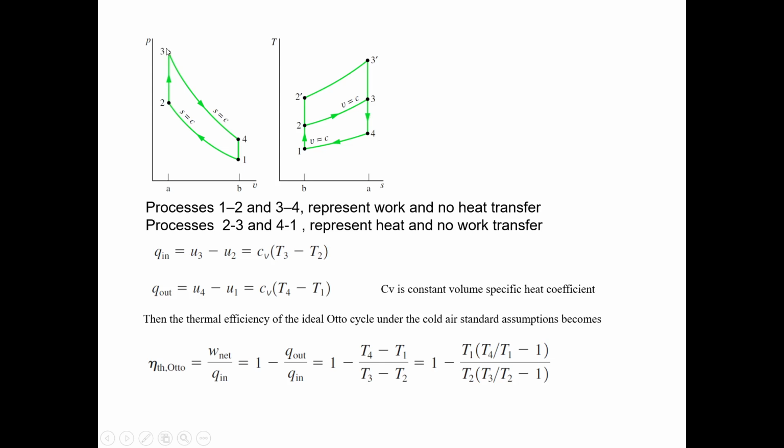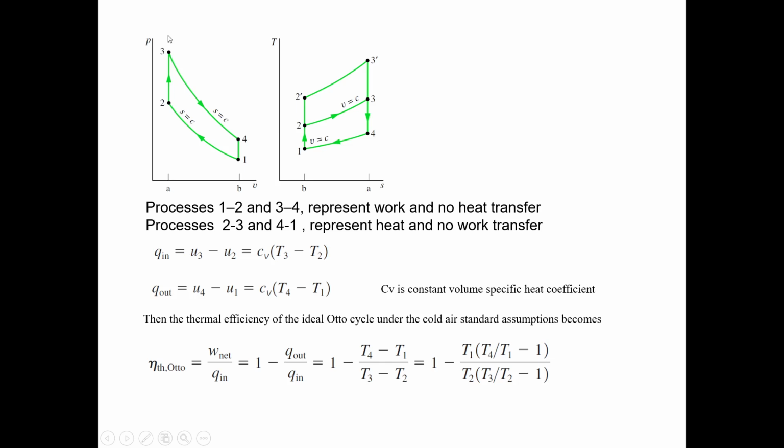Then isentropic expansion process, right? So isentropic means entropy is constant. That's why this means S equal to C, entropy equal to constant. Then we have a constant volume heat rejection process, right? So that is the PV diagram. You know, when you compress it, you increase the pressure, and at the same time increase the temperature, right? In the TS diagram, then